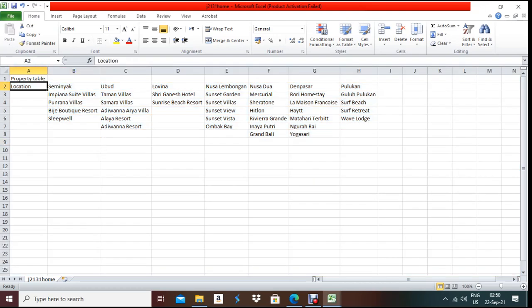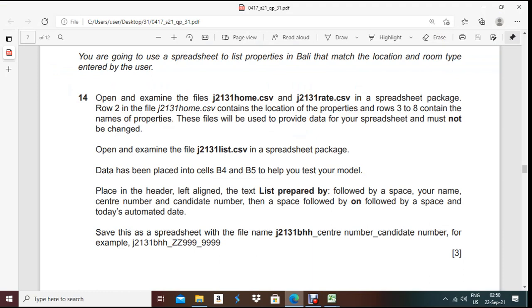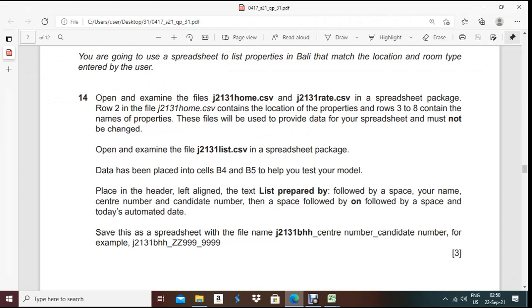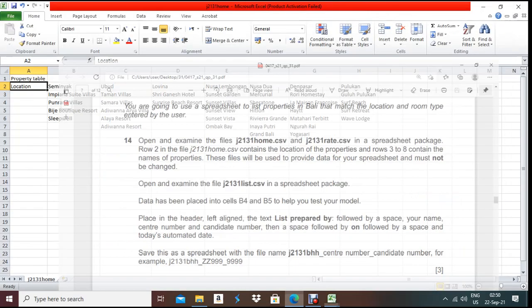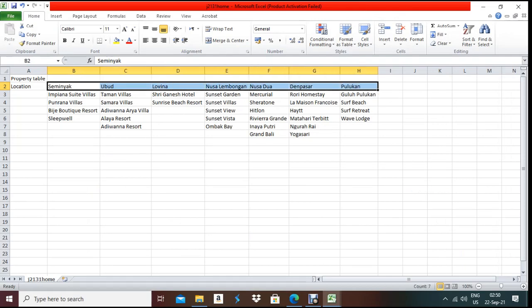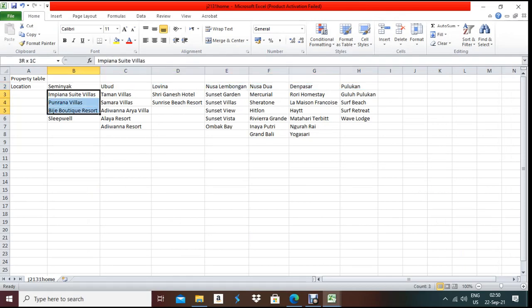So this is the location, and this whole row consists of the location and the names of the properties.